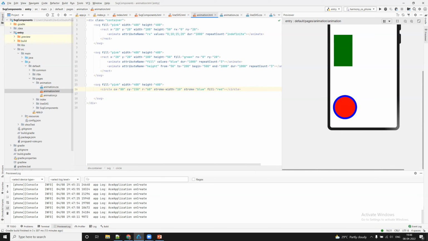Right now we can clearly see. Now I want to animate in such a way that I want to move this entire circle. Inside a child of circle is my animate. Last time, how did we see? We have to have an attribute name. Now let us use attribute cx, the location. Again, last time I said when a numeric value is there, one important thing you need to use is from and to. So from, let us take it as 80, and to, let us make it as